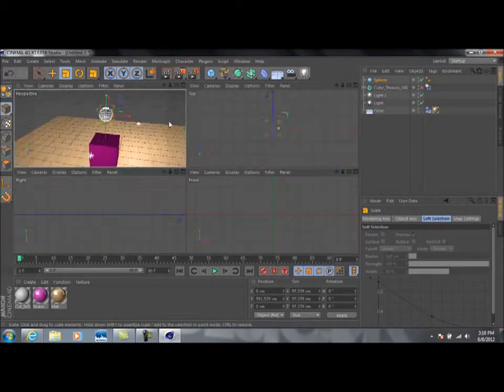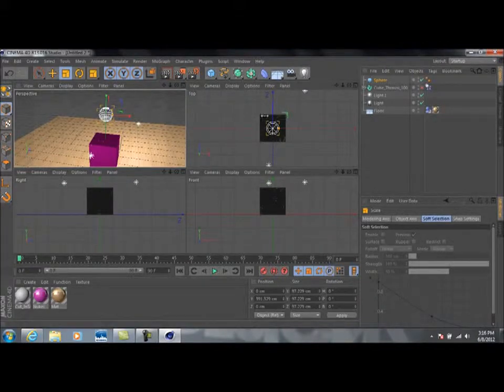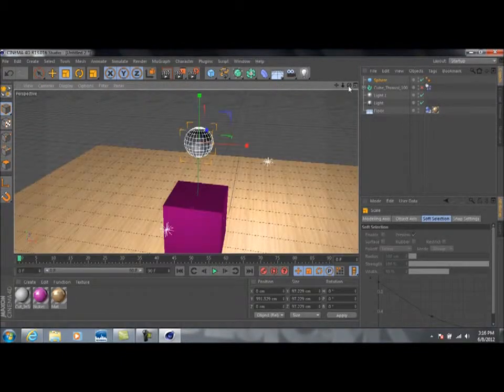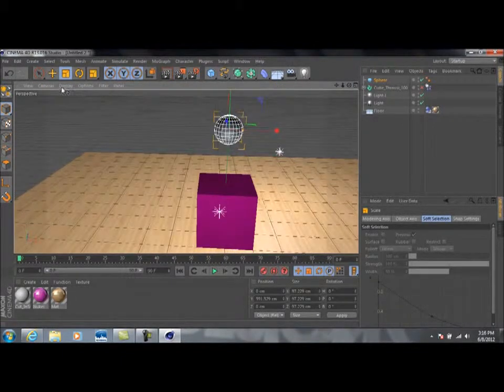And then if we press F5 on the keyboard, we can get a top view. And notice I've got this directly centered already. That's how you better judge where you want to place this, by using the top view instead of perspective. And also you've got front and right views. Then just press F1 if you want to get back to your perspective view. If you've already scaled this down, you're going to want to go back up here to this move tool, select this again so you can move it up and down. I'm just going to bring this straight up,